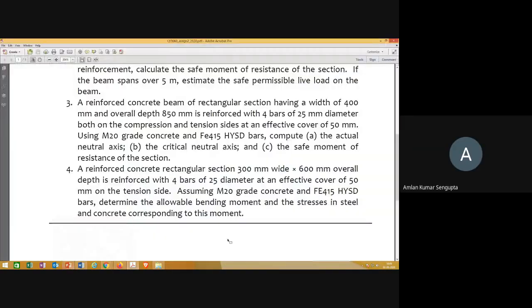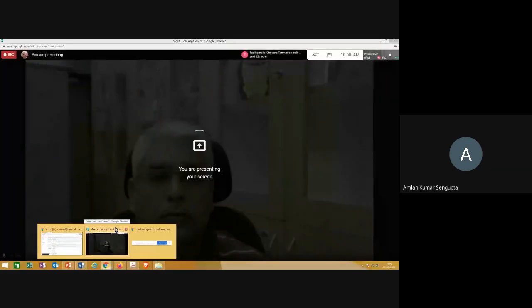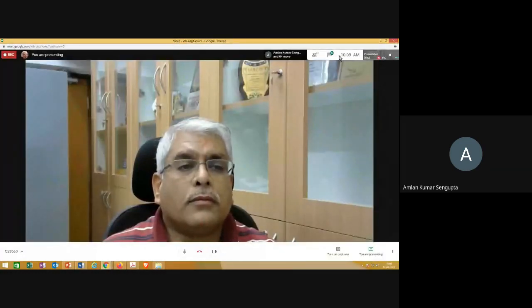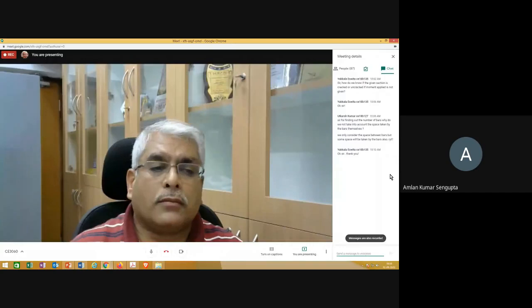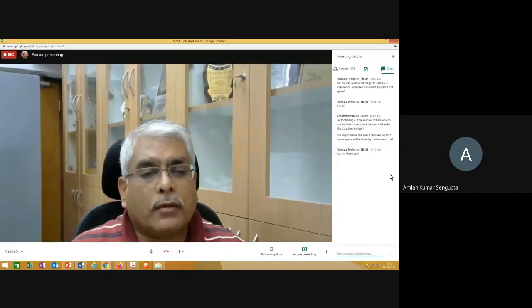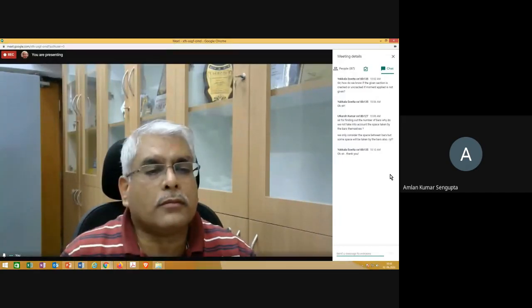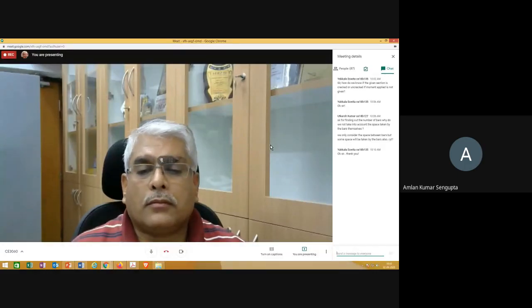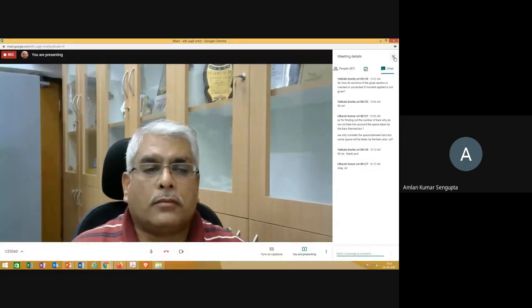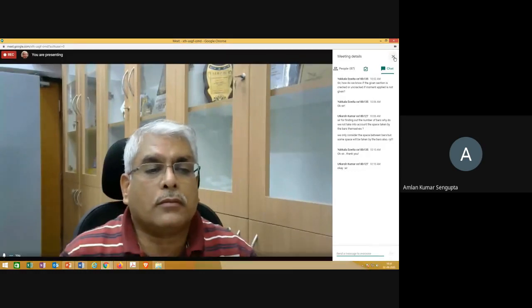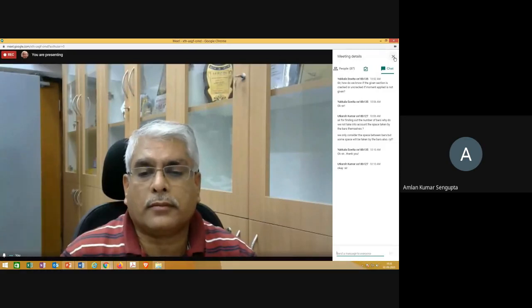There was one more question, regarding the spacing of the bars. The spacing of the bars is always mentioned as center to center. You see the notation C/C. It means center to center. Sometimes it is also written as OC, which means on center. Hence, the space that is taken by the bars is not a consideration. It is the center to center spacing that we are working with.